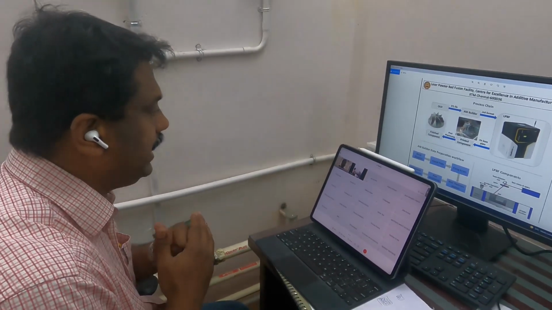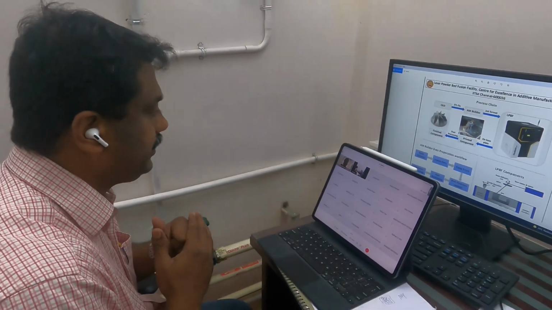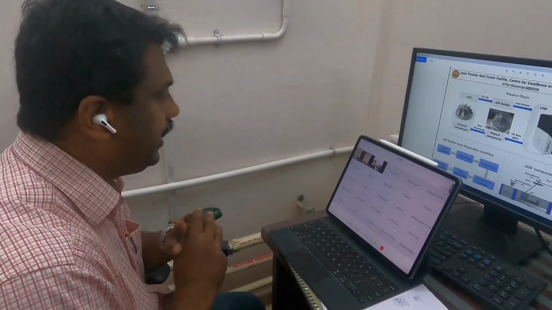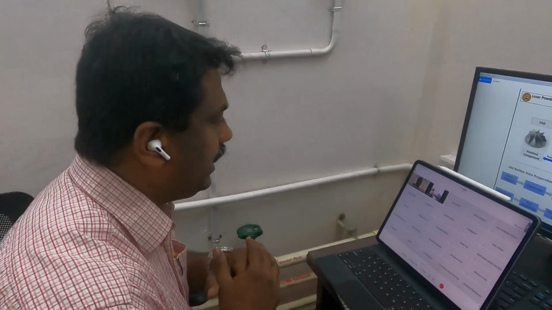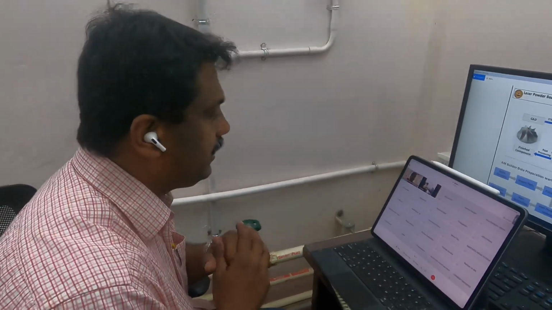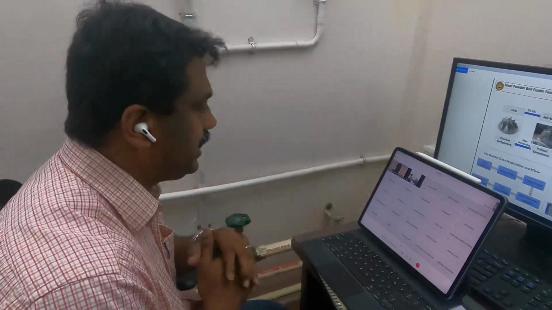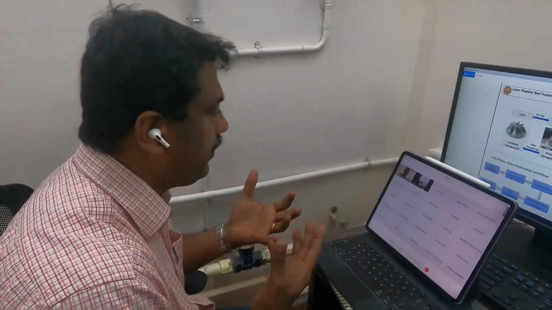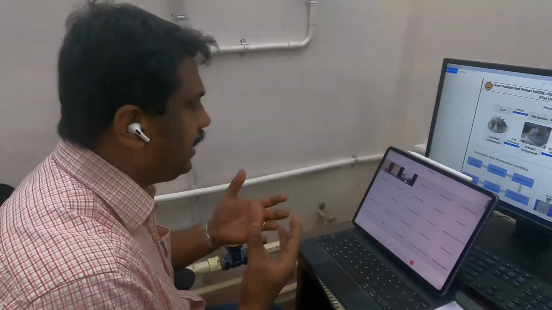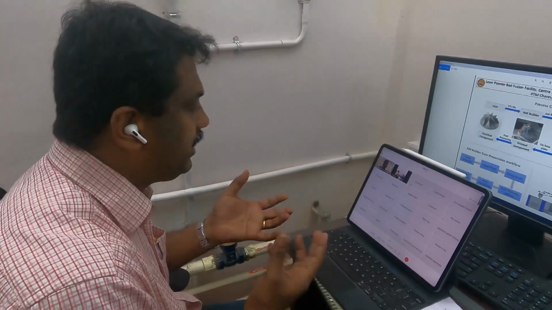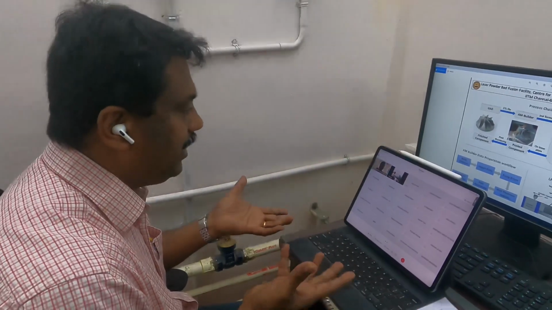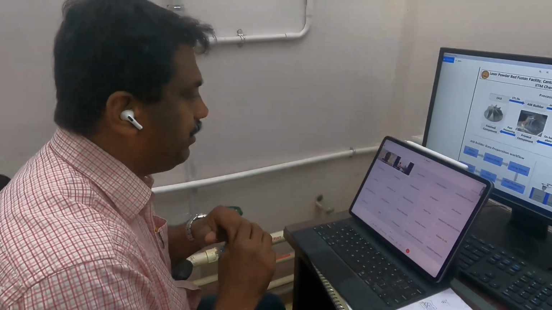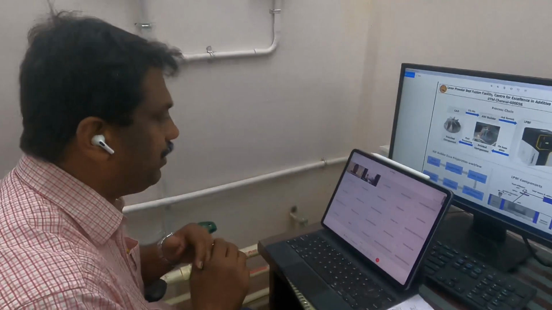If there are no more questions, shall we wind up? As I said, this is the last class for this lab. We have looked at close to nine demonstrations, starting in the first class with shielded metal arc welding. Then we looked at gas metal arc, gas tungsten arc, plasma, microplasma, resistance spot welding, friction stir welding, weld simulations, and the most advanced manufacturing method we have, additive manufacturing. In that we looked at one technique, laser powder bed fusion.